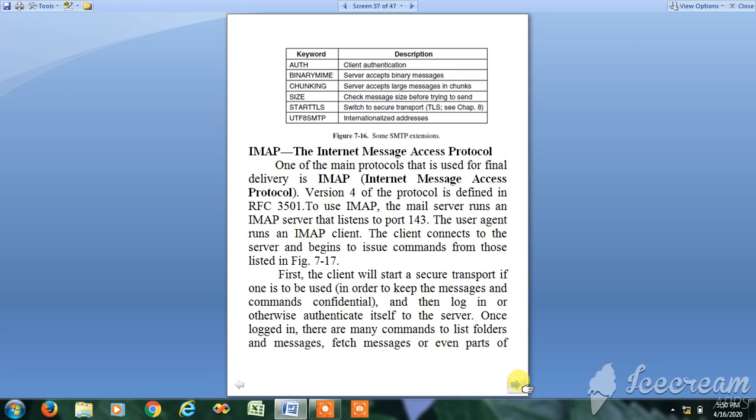And then you have STARTTLS, that is, TLS is Transport Layer Security. It is one of the security services used in networking. So whether you want to switch to transport security or not can be described using this particular keyword. And then you have UTF-8 SMTP, that is